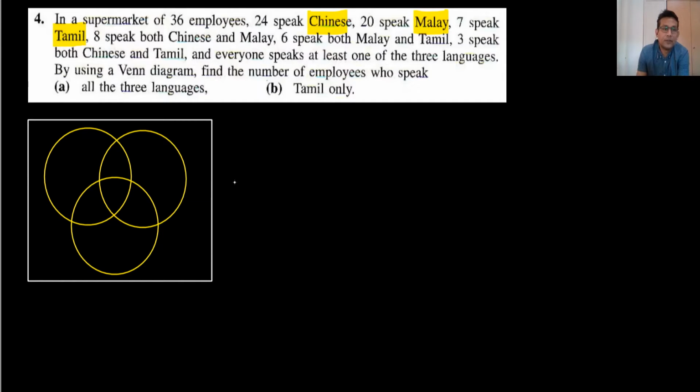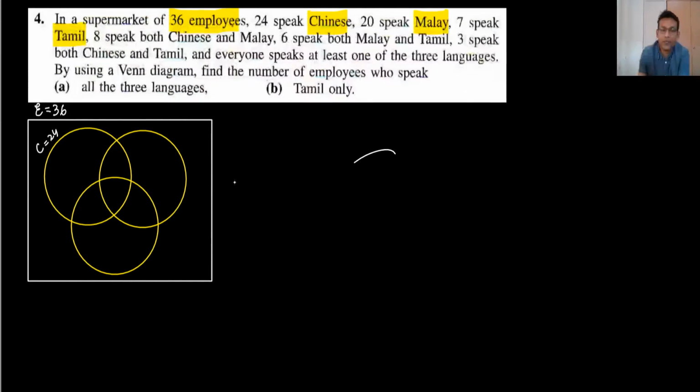This is about the supermarket, of the 36 employees, 24 speak Chinese and 20 and so on. Let's see. The total employees are, I'm writing here, 36, and those who speak Chinese, 24. I'm writing here Chinese with 24. Okay, the first reason why did I draw this type of